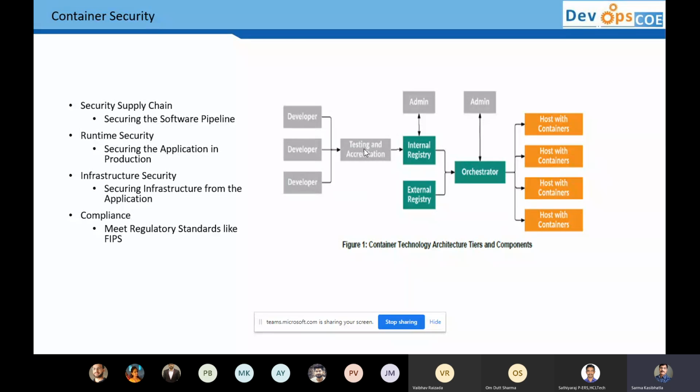Basically, designing the container itself, and then once you build the container, you do the static checks, and then if the image is good to go, you push that to the registry, and you have to see that the registry is also secure and has only limited access. And then once it passes through this registry stage and is deployed somewhere, you would have to verify the runtime behavior of this container.